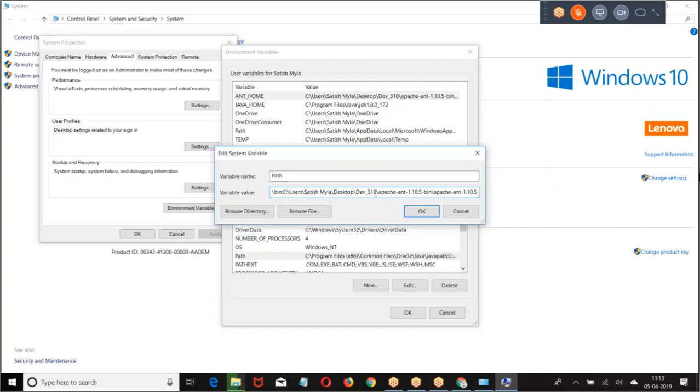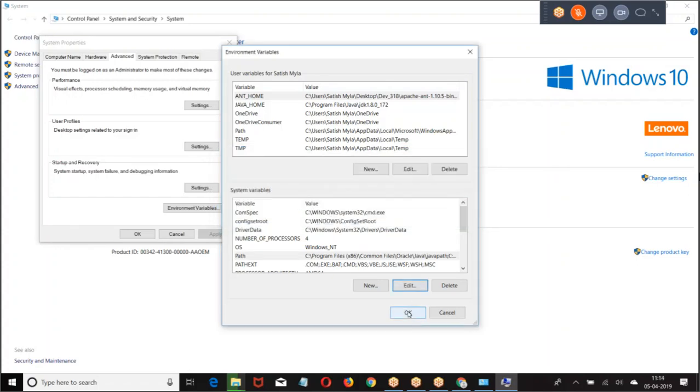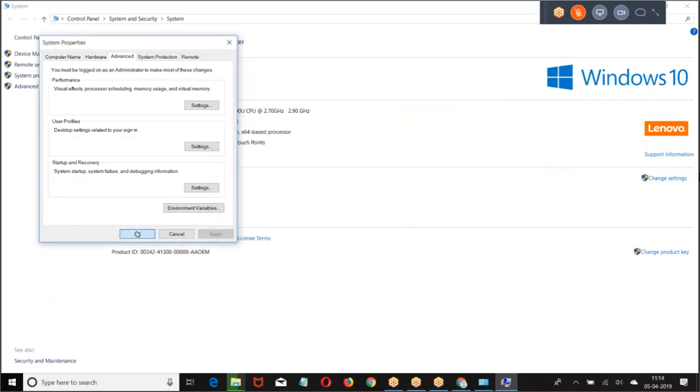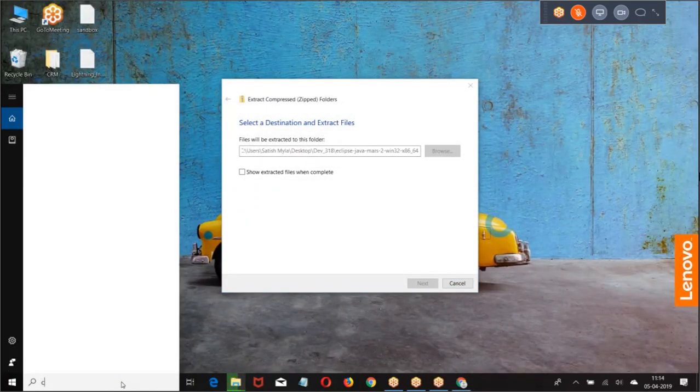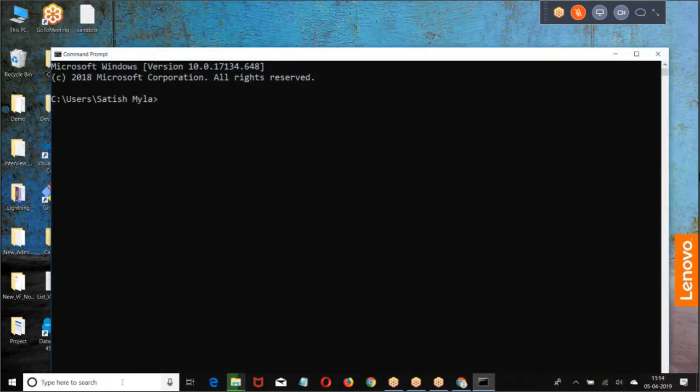In semicolon, and ant -version, and ANT is installed.